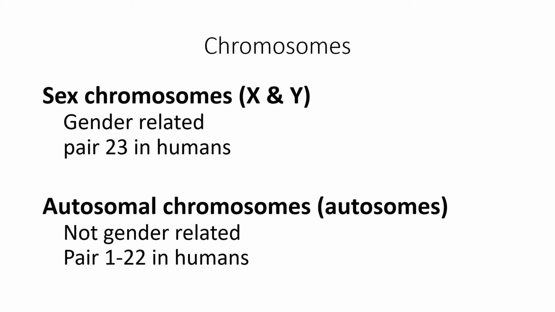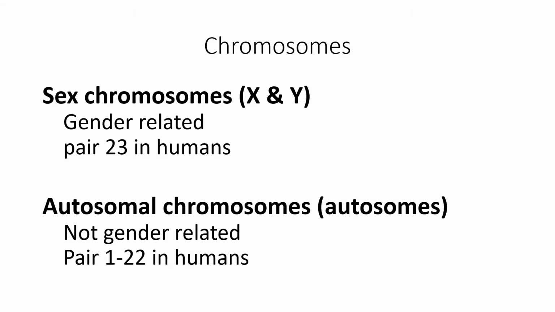All of the chromosomes inside an organism can be split into two groups. We have the sex chromosomes, which are X and Y, and these are linked to the gender of the organism. In humans, that is pair 23. In other organisms, that number is different because different organisms have different numbers of chromosomes. We also have what are called autosomal chromosomes, or autosomes. These are essentially all the non-sex chromosomes. So in humans, it's the first 22 pairs of chromosomes, because these do not in any way determine the gender